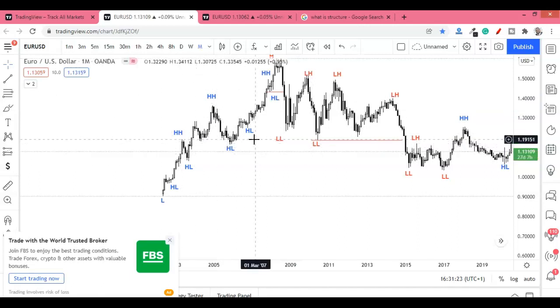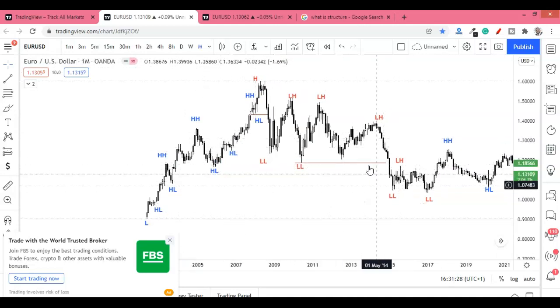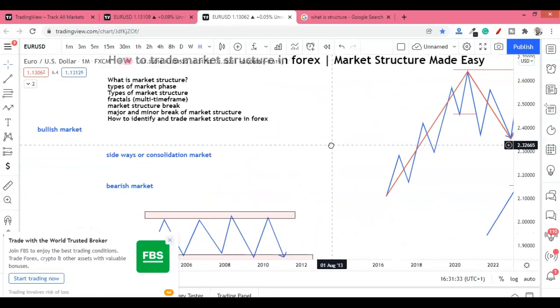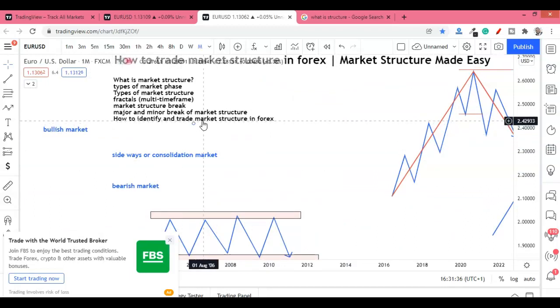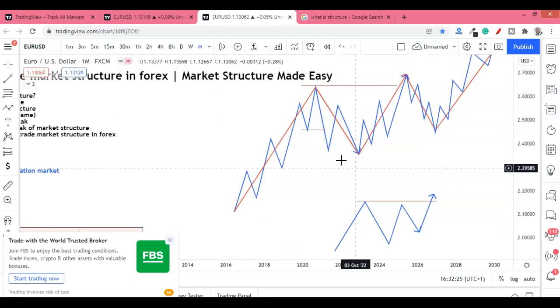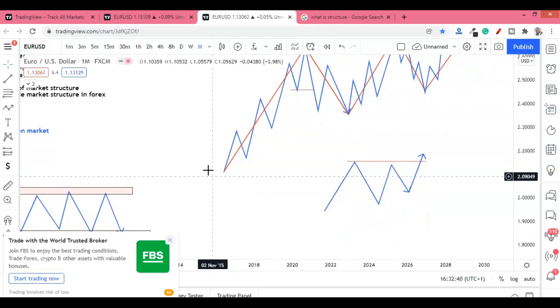Now from the market perspective, when you see a break of market structure, how do you trade it? How do you trade a break of market structure? Now there's what they call a minor break and a major break of structure. Looking at this here, in the 15 minutes there was a break below here, but was this a major break? It's not a major break. The major break should be a break in the higher time frame.